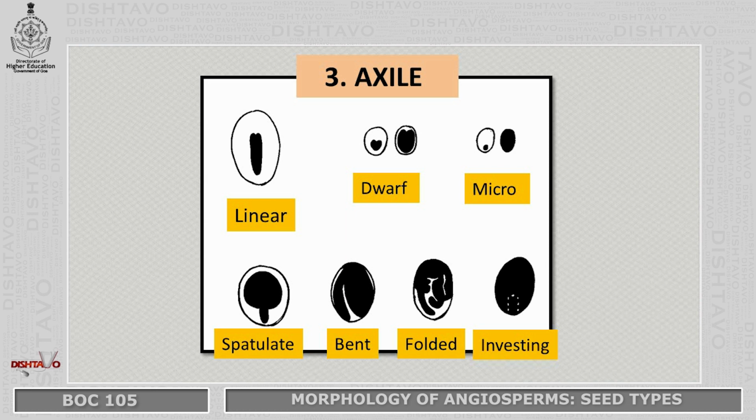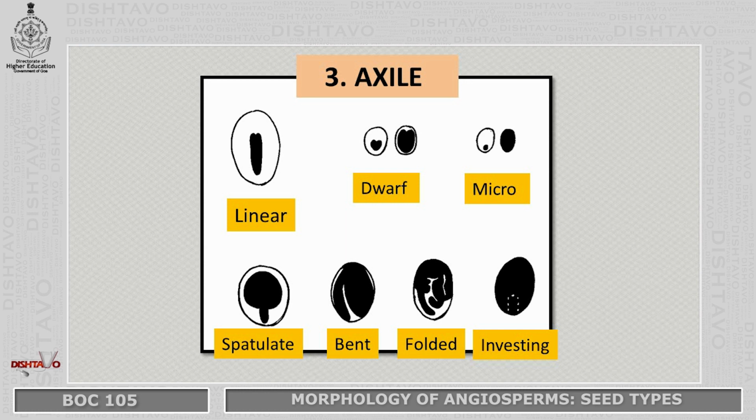The third type is axile. Here we have three subdivisions. The first subdivision is the linear subdivision, under which we have the linear type. You can see the linear nature of the embryo. The second subdivision is the miniature subdivision, as you can see in the dwarf and microseeds. The third subdivision is called the foliate subdivision, under which we have four types, that is spatulate, bent, folded and